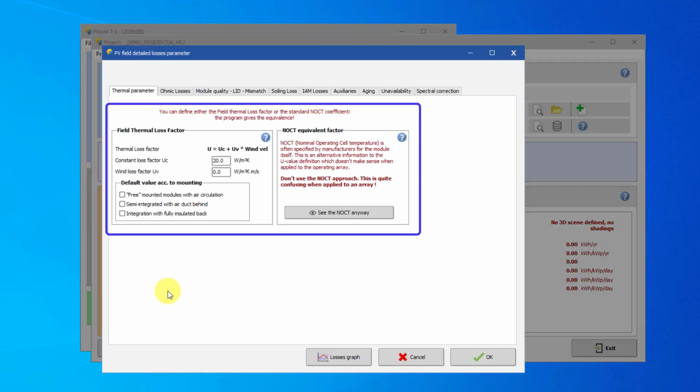The thermal balance involves the heat loss factor, which is known as U. It's equal to UC plus UV times the wind speed. U has the units of watts per square meter per Kelvin. In practice, we advise not to use the wind dependency UV, as the wind speed is usually not well defined in the Meteo data and the parameter UV is not well known. Therefore, we will set UV equal to 0 and include an average wind effect for the constant term UC. You can always press F1 for detailed information in the help.